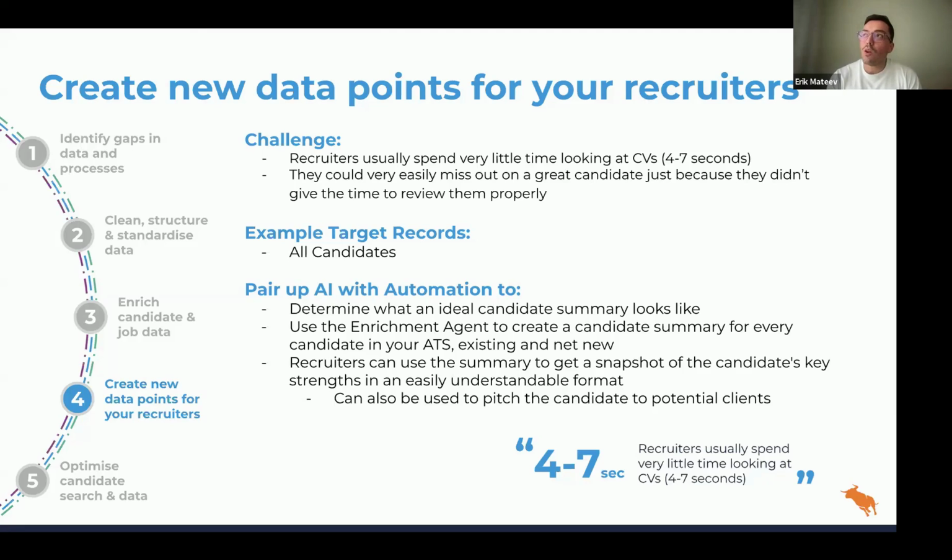So usually when you have candidates applying for a job, recruiters have to go through every applicant to determine who they want to speak with and who they want to reject. On average, they spend between 4 to 7 seconds per candidate when they're looking at their CV, depending on the vertical, right? But in any case, this isn't enough time to determine whether a candidate is a good fit for a job. And in most cases, this presents a big risk.